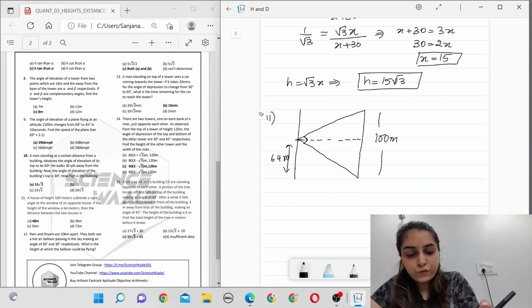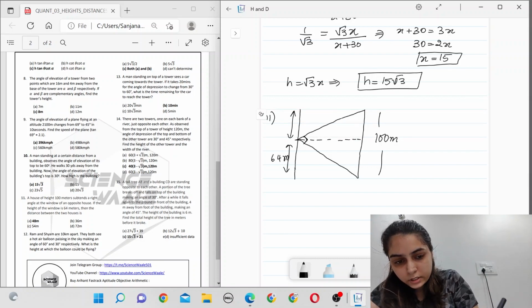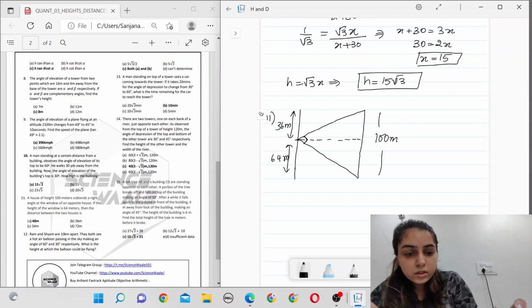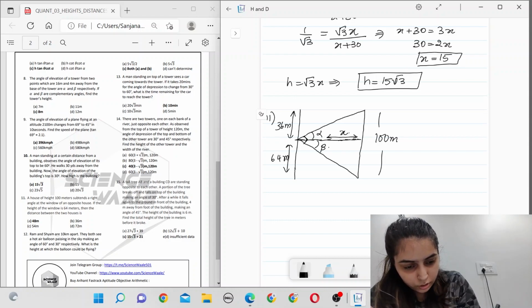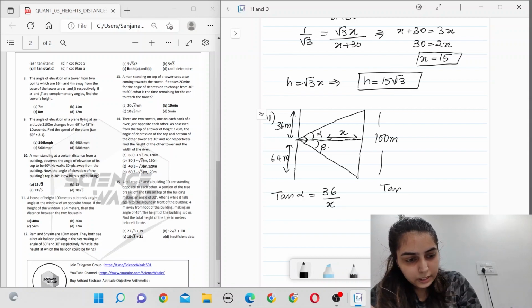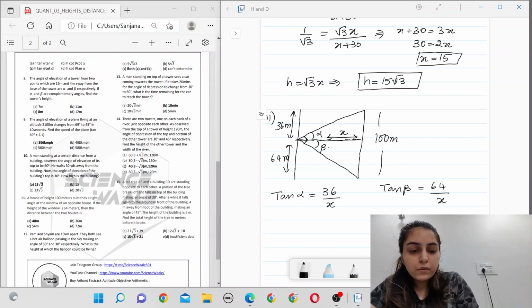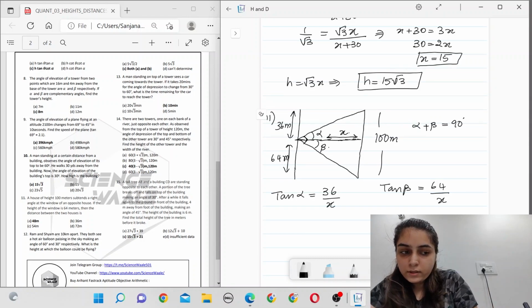So if this is 64, obviously this is going to be 100 minus 64, which is 36 meters. Let this angle be alpha and let this angle be beta, and this is a common base, so let this be x. So tan alpha is equal to 36 by x and tan beta is equal to 64 by x. Now from the figure we can very clearly observe that alpha plus beta is equal to 90